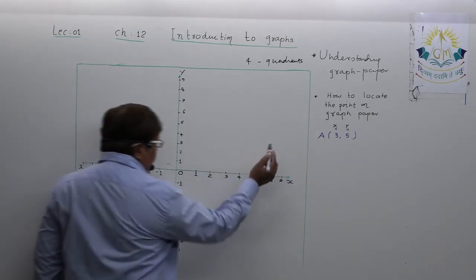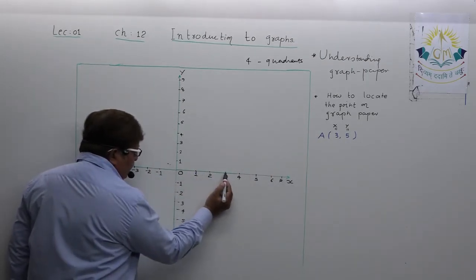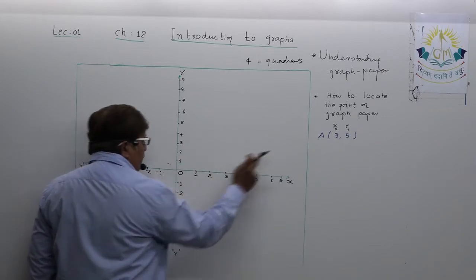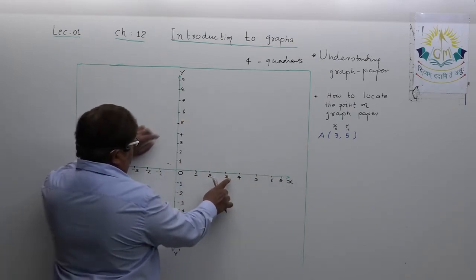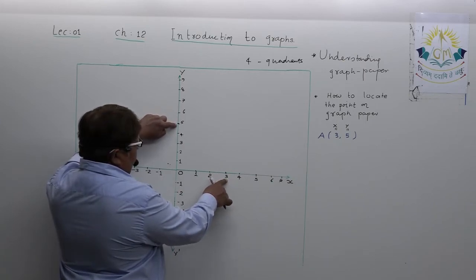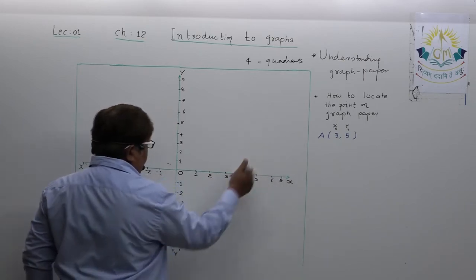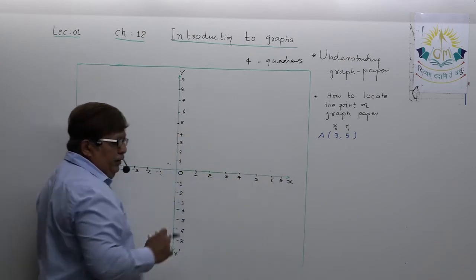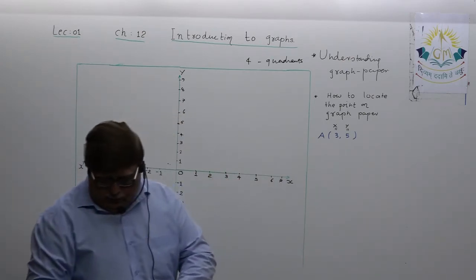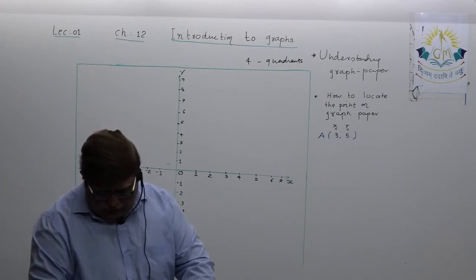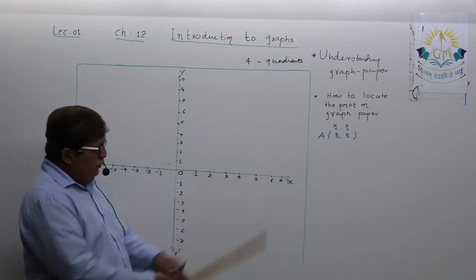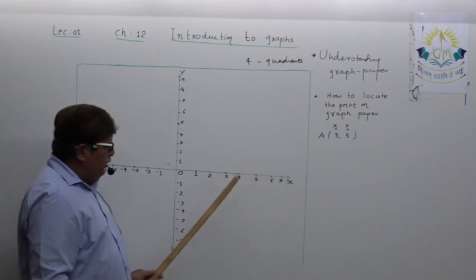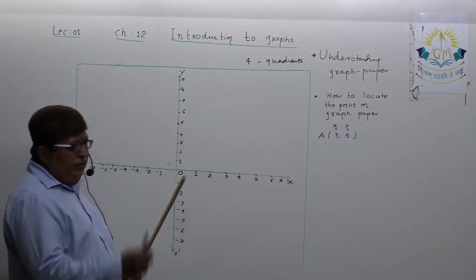Where you will find the x coordinate 3? See here, this is x coordinate 3. First we just locate it. Y coordinate 5, this is y coordinate. X3, y5. Okay, x coordinate 3, y coordinate 5. Now what to do, dear student? Understand? Just try to understand this. X coordinate 3. See here. X coordinate is 3 and y coordinate is 5.